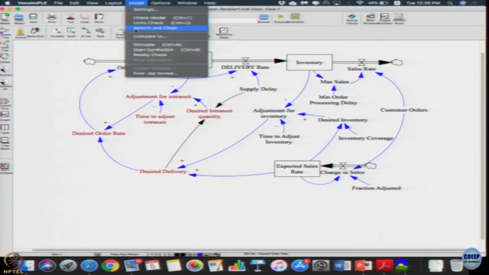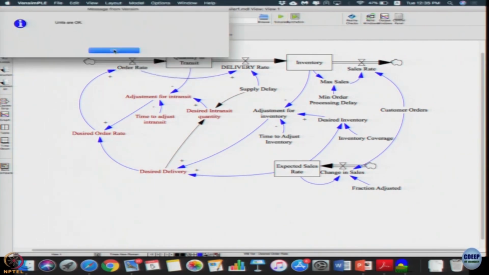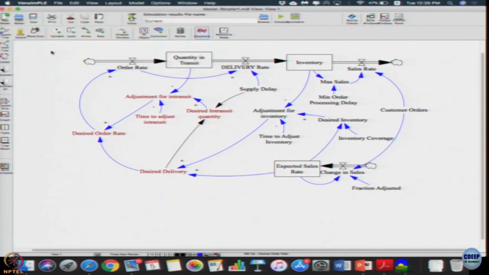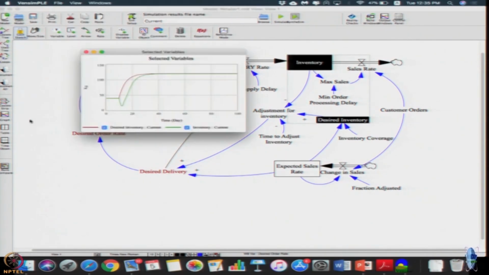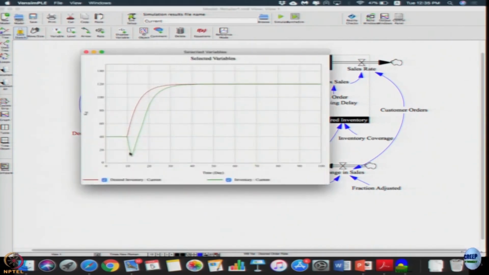Now, if I do units check I should not get any errors, all units are okay. So, simulate, I can get the actual inventory dynamics, or inventory does not go below 0. This is what we have right here. Right. So, now this model is